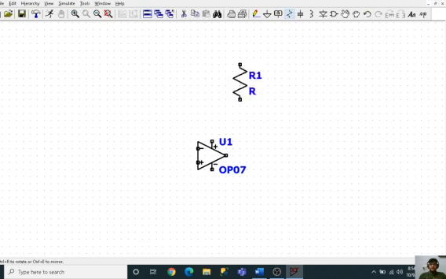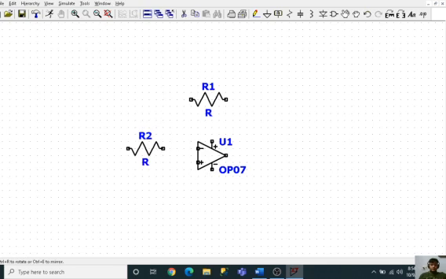Then I will be using resistors. This is my resistor, and over here in the input as well I will need a resistor. These are my resistors.